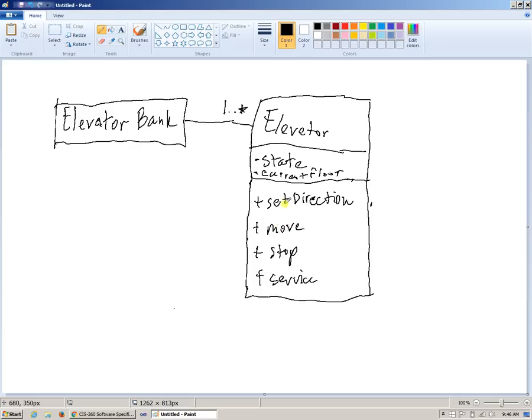So here's a possibility, right? The possibility is to create a class named interface elevator. Okay,